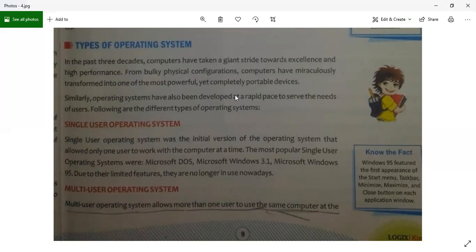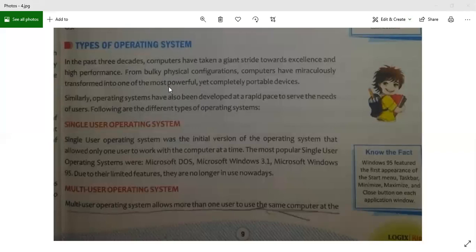Number one, single user operating system. Single user operating system was the initial version of the operating system that allowed only one user to work with the computer at a time. So in single user operating system, only one person can work on the computer at one time.